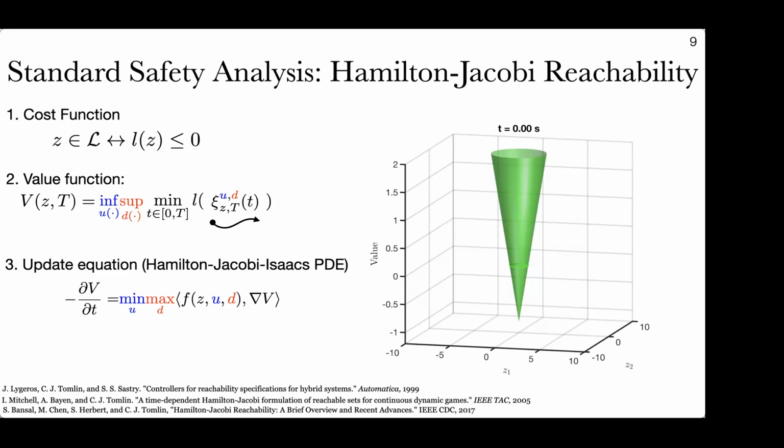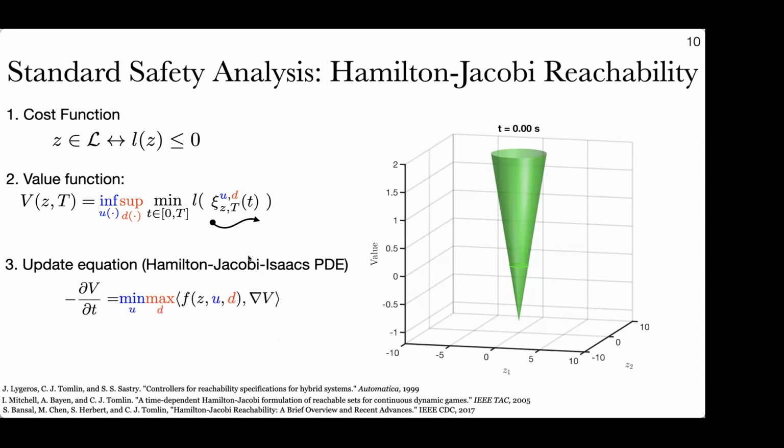If I'm a car and my goal is right to the right of me, I can't necessarily just move my car like this. I have to obey my dynamics and the constraints for my dynamics. And so if instead my gradient is telling me to go here, but my dynamics only allow me to move forward with a little bit left and right, I try to align my dynamics along the direction of that gradient. So I take the inner product between the dynamics of my system and this gradient, and I minimize over that, try to pick the action that brings me as close to the goal as possible. The disturbance is doing the opposite, and I update my value based on this.